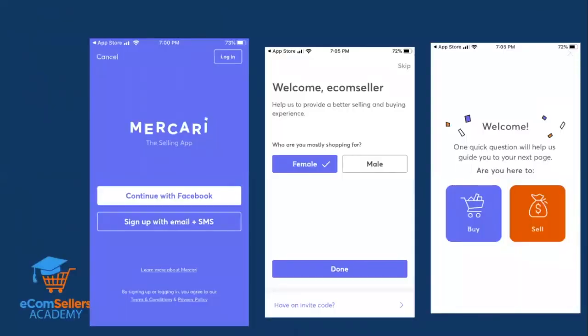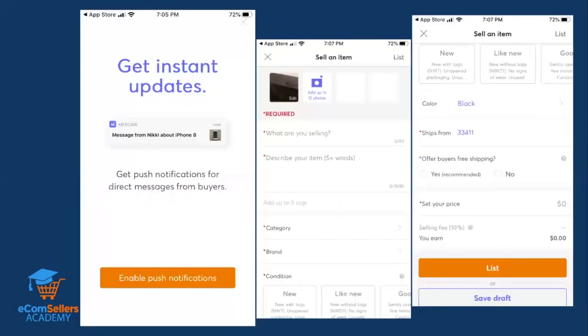And just again, a way to know what the app looks like when you have some familiarity when you go into it. It does have kind of a purplish blue background. When you get ready to set up your app, they're going to ask you some questions, of course. Are you here to buy or sell? And that's just so they know where to guide you with the next pages. But you will want to